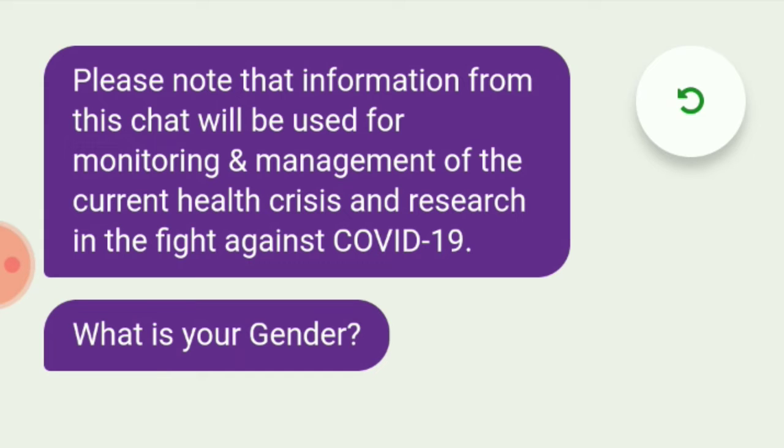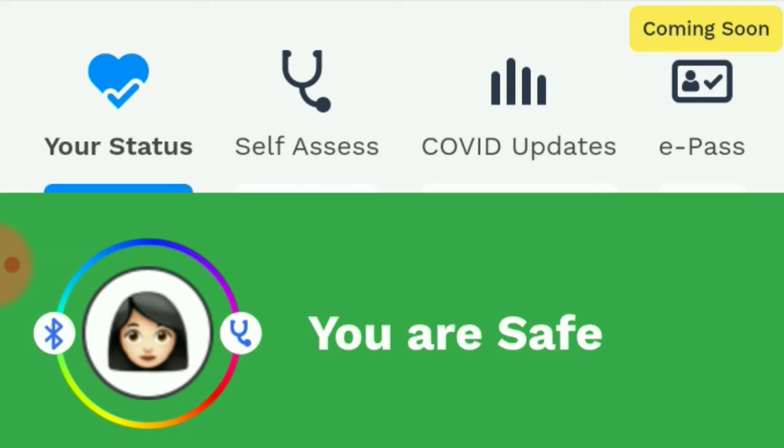After submitting, your status will be updated, whether you are safe or whether any precautions should be taken. So all those things will be updated as your status. If it is green, you are risk free. If it is orange, you are advised to avoid any social gatherings. Red status means it is highly recommended to self quarantine. All those things you can see as your status.